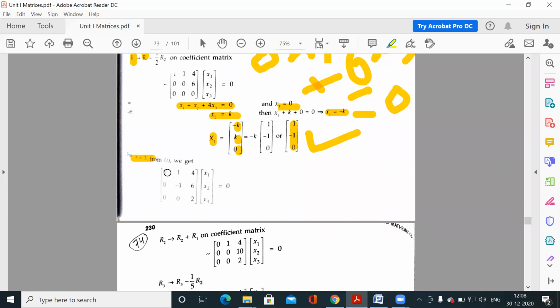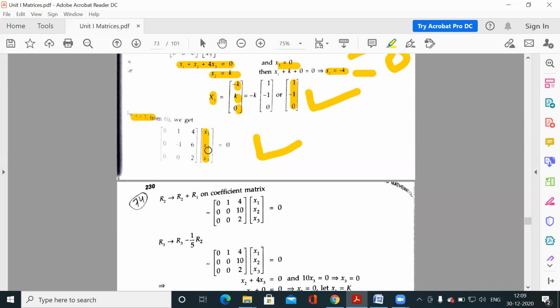So the matrix is 3 minus 3, 1, 4, 0, 2 minus 3, 6, 0, 0, 5 minus 3, times the eigenvector x. So this is now a new homogeneous system. Again, we have to find a non-trivial solution. So for this, the rank of this matrix must be less than 3. So again, you can convert this into echelon form. So this is 1, 4. You first use this and make these elements 0, because this is 0 and all other elements are 0 in this column. So we have to shift to the next column. So 1, and using 1 we have to set these values to 0.